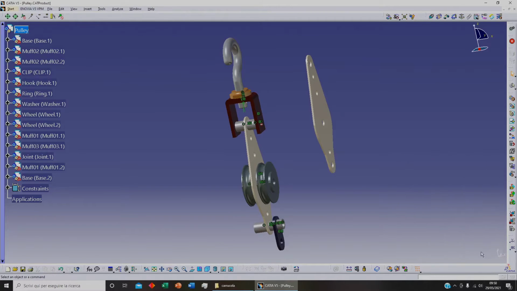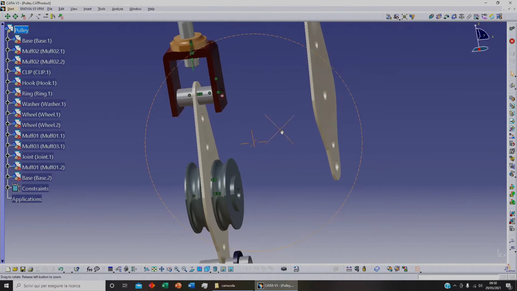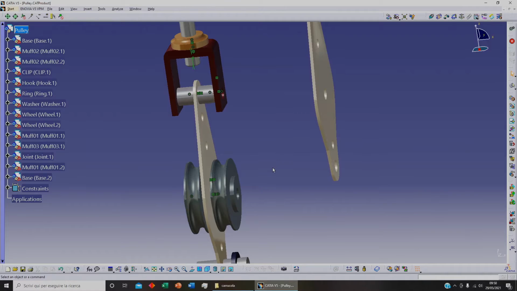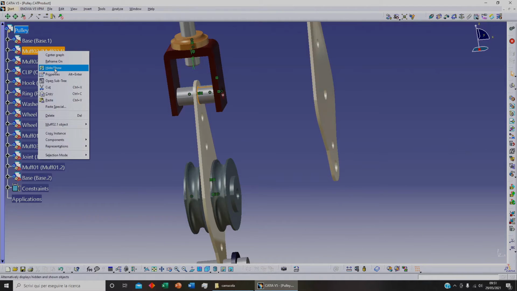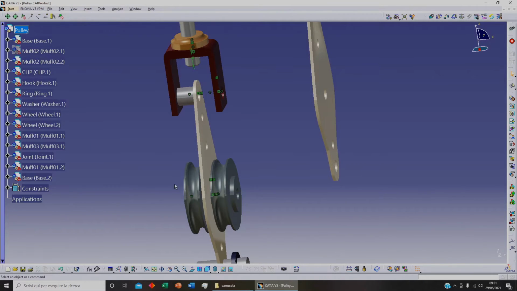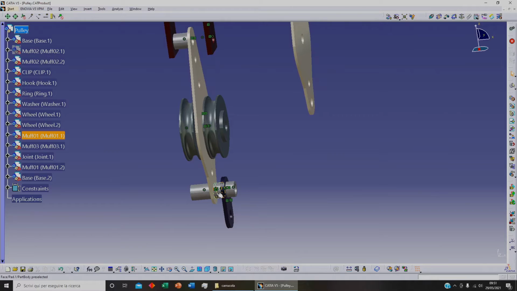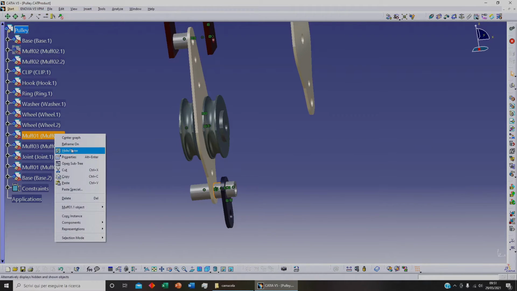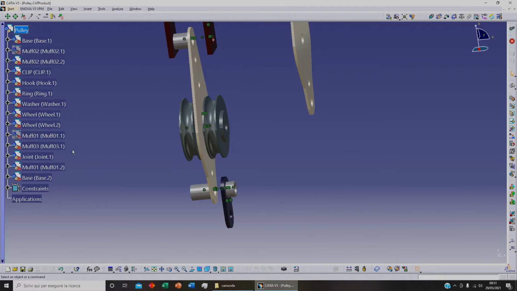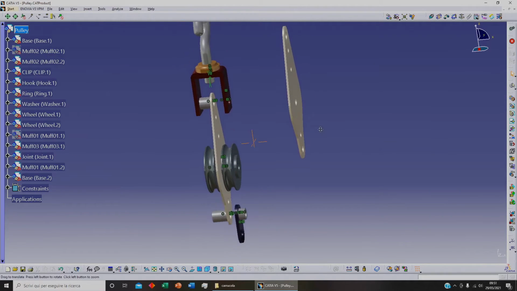And clicking on OK, now I can fix the position between these different elements. To do that, I can select this element, our first math, and with the right click I can hide this element. And I can select this other math here. With the right click I can select hide and show. Now I can fix